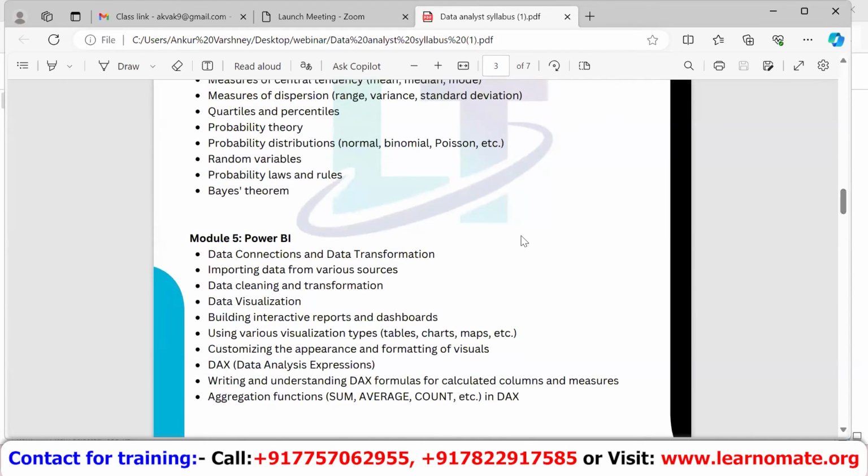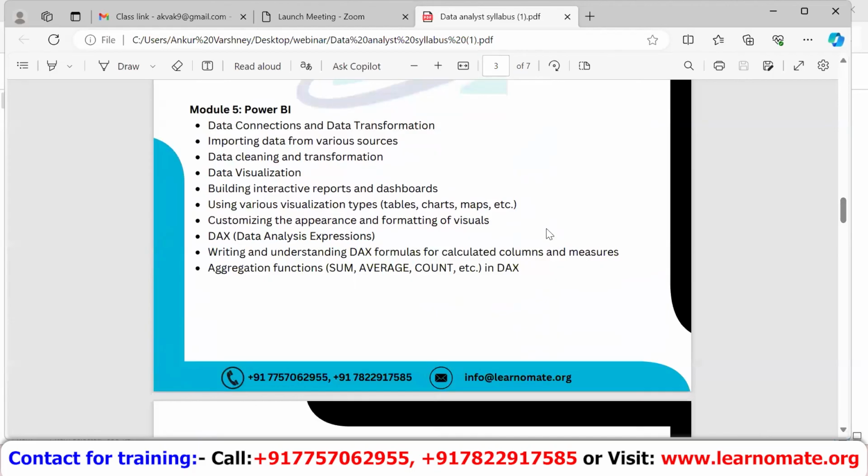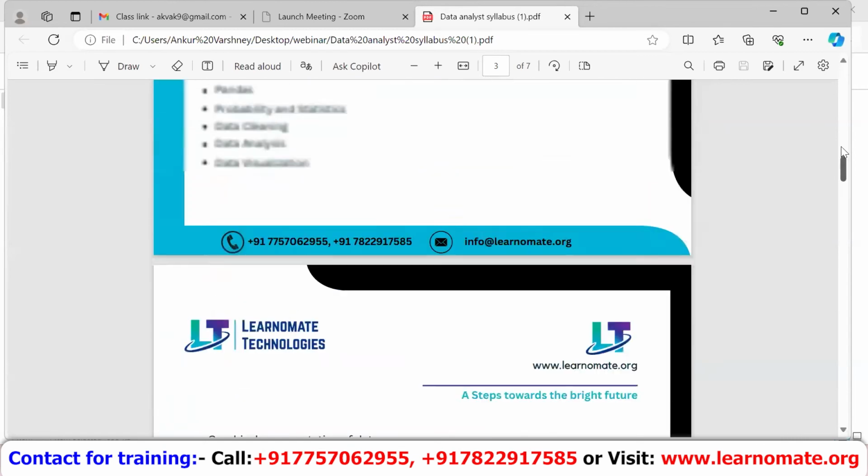In Power BI, you just have to download Power BI. I will tell you how. We have 5 modules, and you have to download software for some of them. Excel you already have. Power BI, Anaconda, and MySQL, those 3 you have to download. I will tell you in our sessions, at the start of every module, how to do it. So don't worry. Anything else?